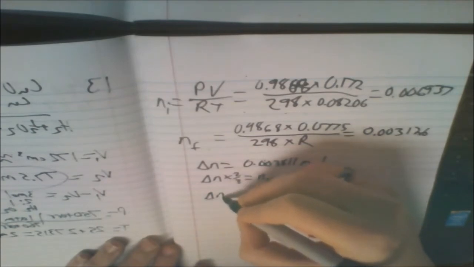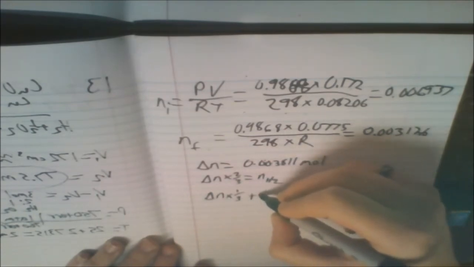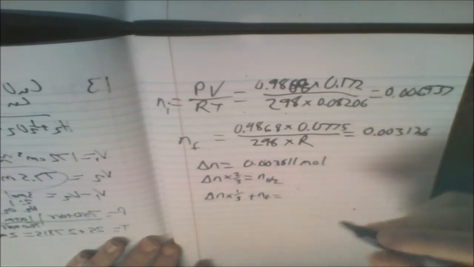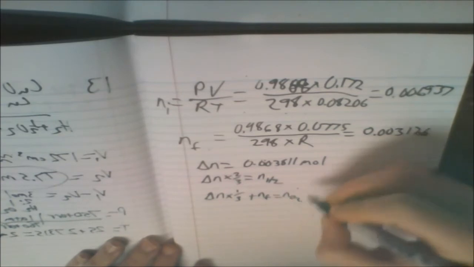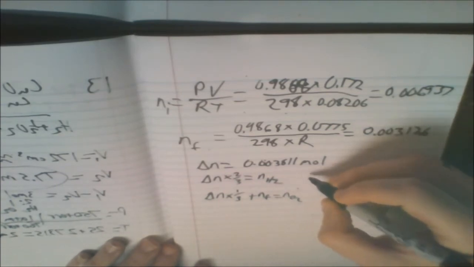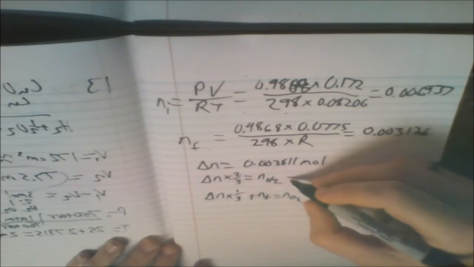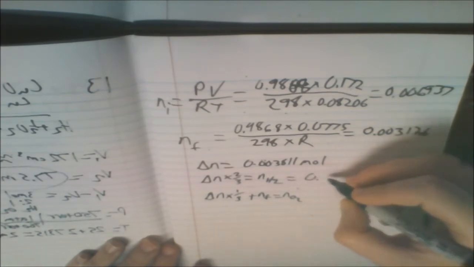Delta N times 1/3 plus our N final will give us the moles of oxygen. So doing that, we get the moles of hydrogen we have in our original starting mixture,